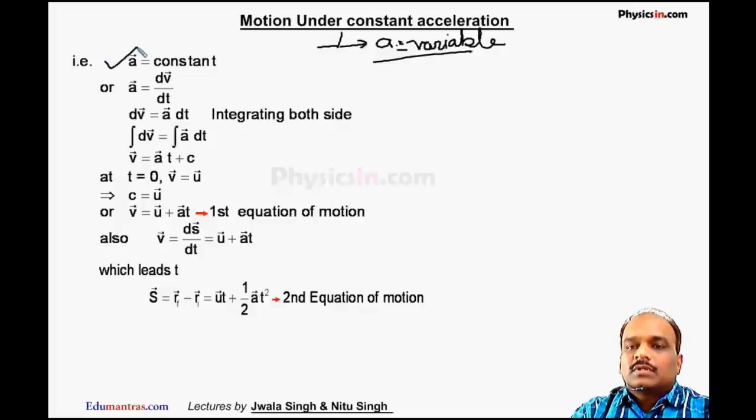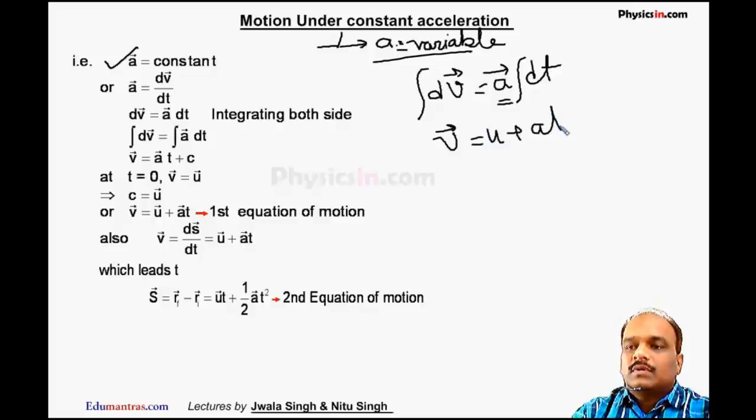If A is constant, now listen, if A is constant, we can say A is dV by dt, that is equal to the rate of change of velocity. So from here I can write dV is equal to A into dt, which I have already written here. dV is equal to A dt, where A is constant, so after integration I will get V equal to U plus A into T,